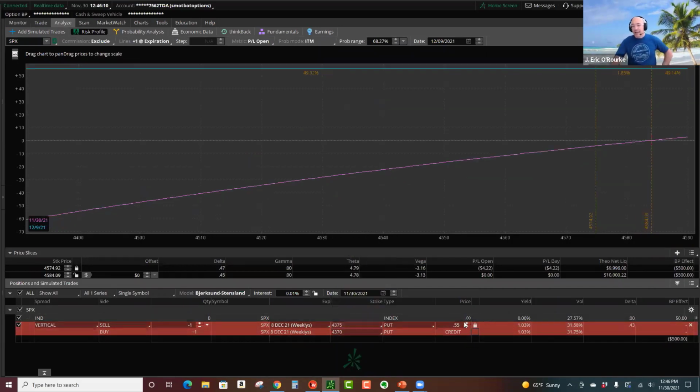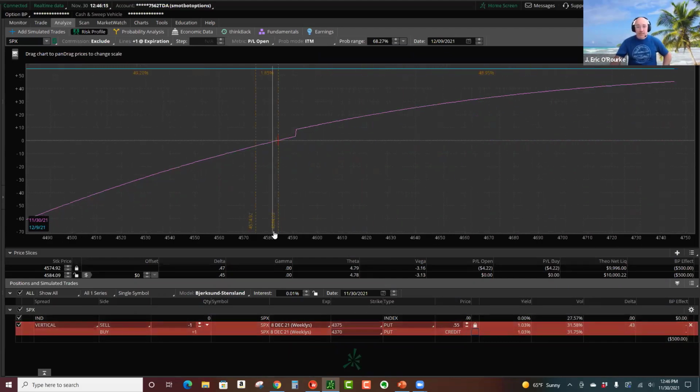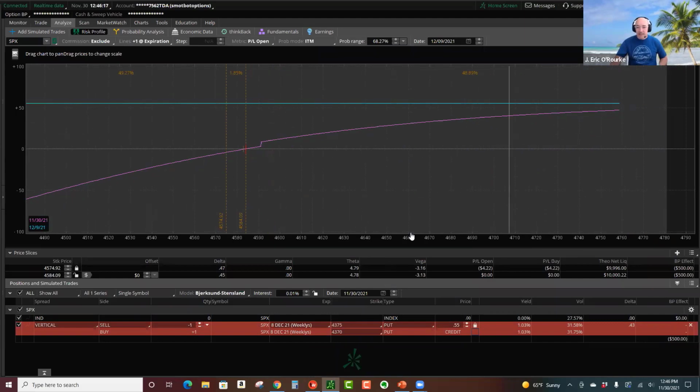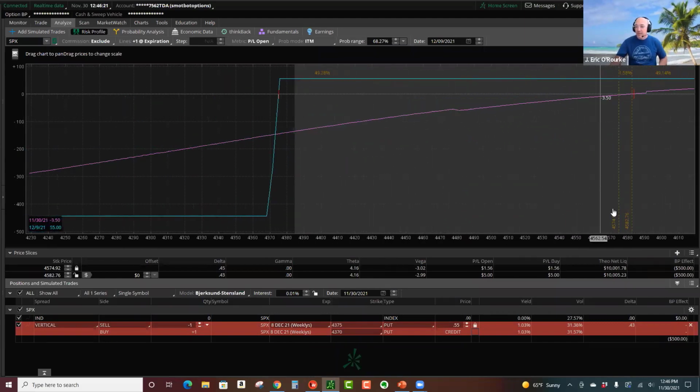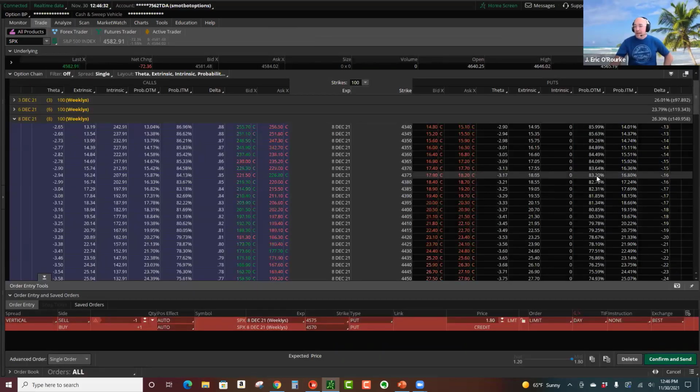And we can see that our credit is a lot less now. It's only 55 cents. So some people might see that as more probable, because remember, the price of SPX is way up here. We have a lot more room. It's way more probable that this expires out of the money,